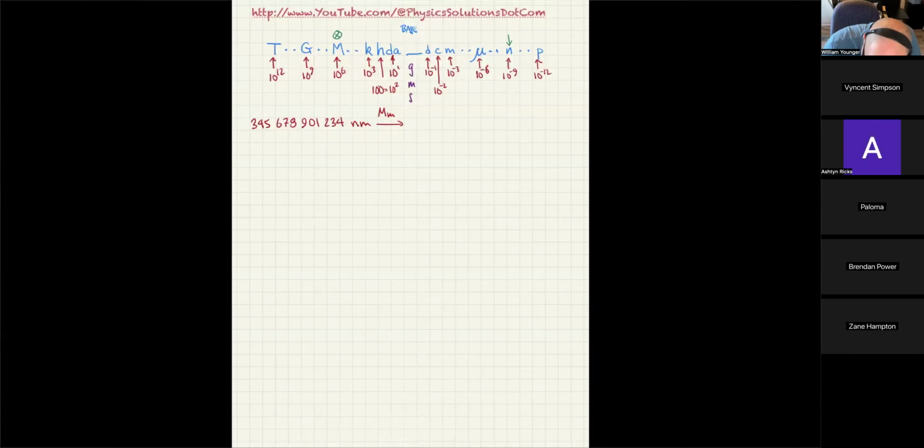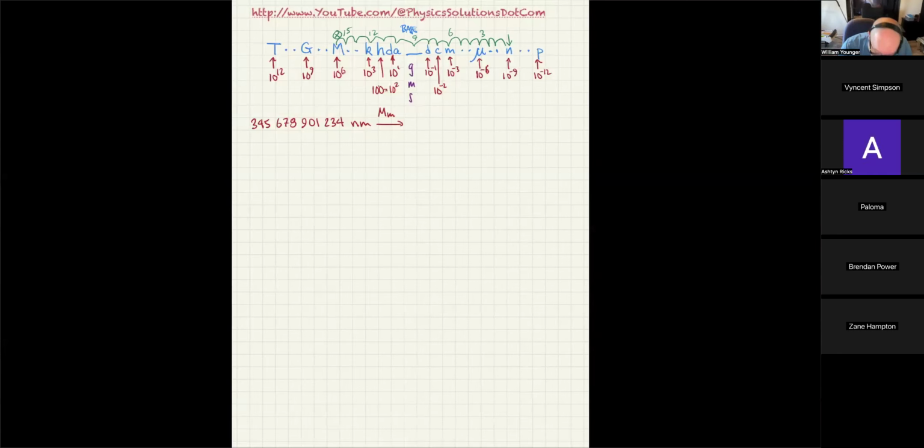So when I go to do this, I go 1, 2, 3. That's 3 moves. 4, 5, 6. That's 6 moves. 7, 8, 9. That's 9. 10, 11, 12. We're up to 12. 13, 14, 15. So it's 15. So not only did we learn that we have to move the decimal 15 places, we learned that we have to move the decimal 15 places to the left.